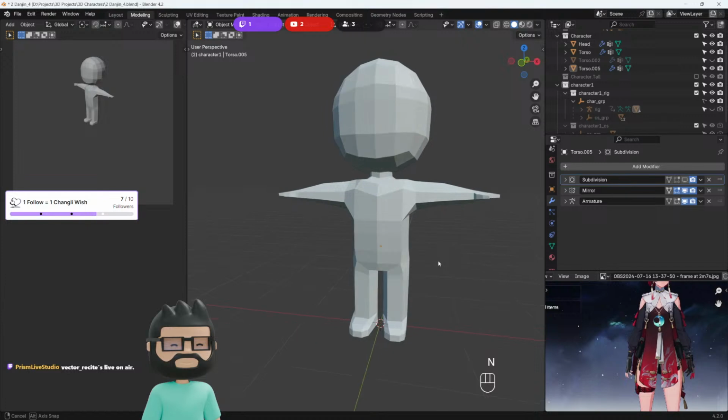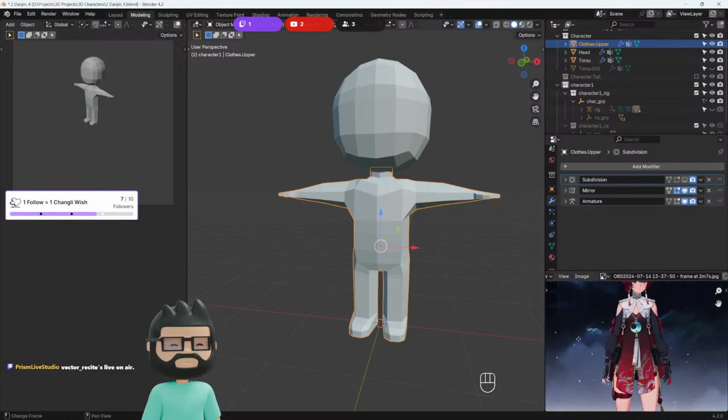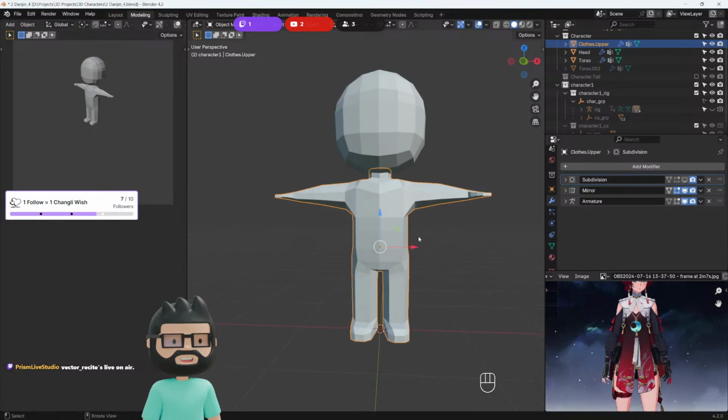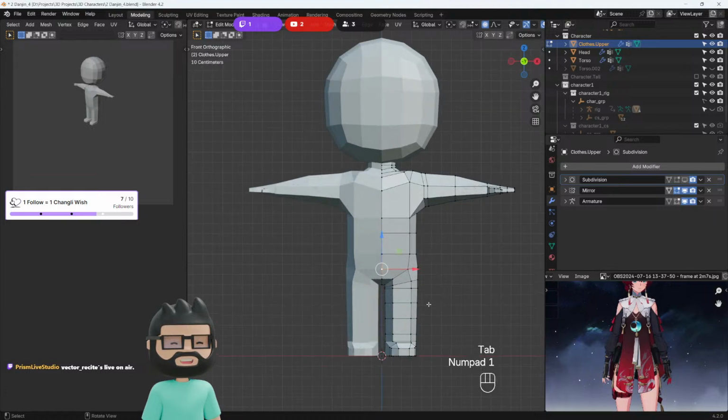Okay, so we have the duplicated mesh, so let's rename it by pressing F2, clothes upper. And let's go into edit mode by pressing Tab, front view by pressing 1 on the numpad,